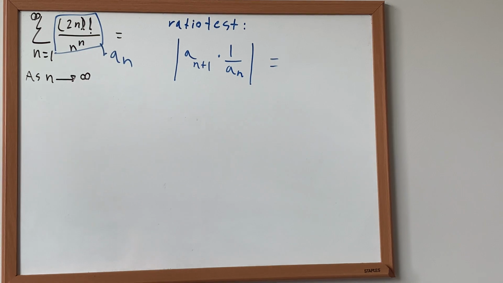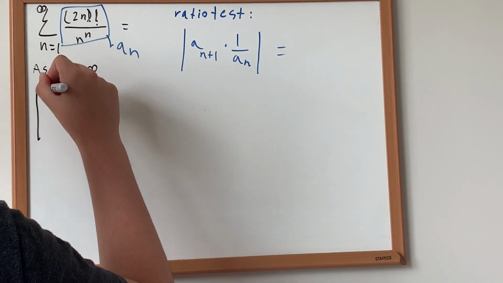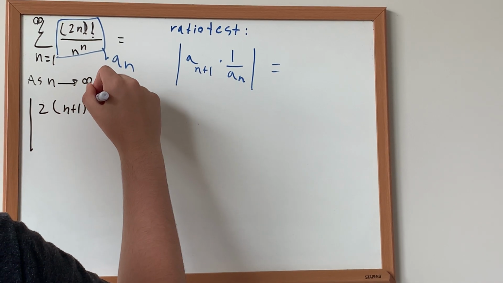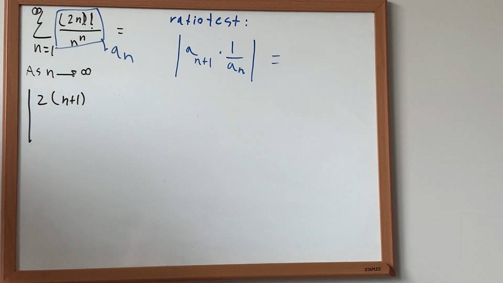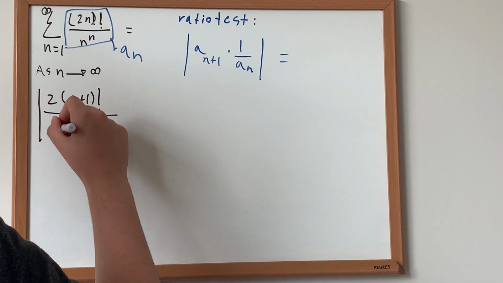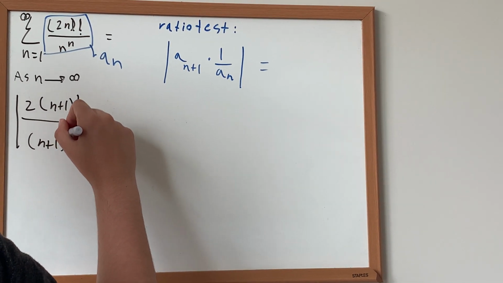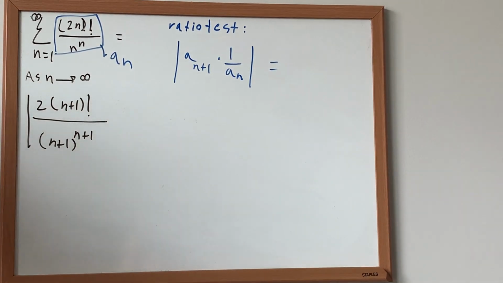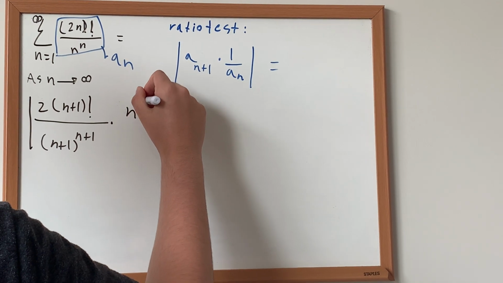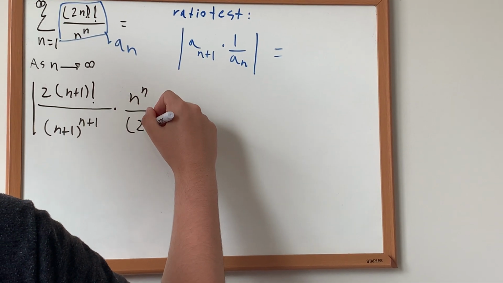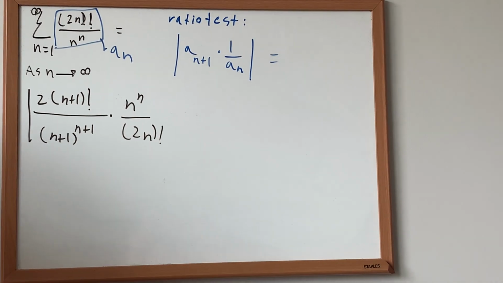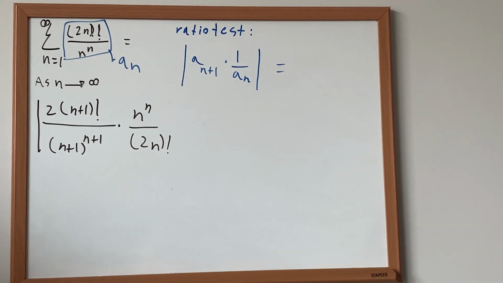So if I do that, what I get, in the numerator, is (2 times (n plus 1))!, and then over, this is (n plus 1) to the power of n plus 1. And the next step is to multiply by the reciprocal, which is n to the power of n over (2n)!. Now, I can write (2 times (n plus 1))! as